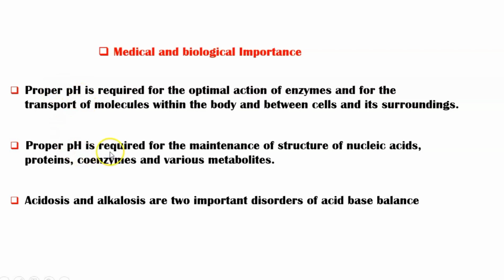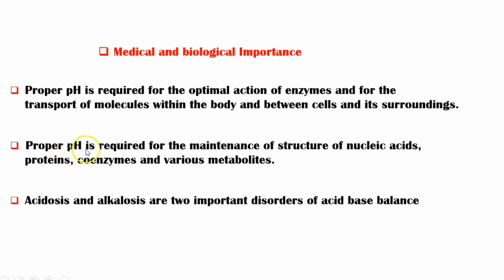And this proper pH is also required for maintenance of the structure of nucleic acids. In nucleic acids we have DNA and RNA, and the DNA is the genetic material in the body. They are made up of structures. So when the pH is not normal, there can be mutation to the genetic material, and this is the reason why we have so many genetic diseases in our time. So in order to avoid such genetic disease, we need to maintain our proper pH.